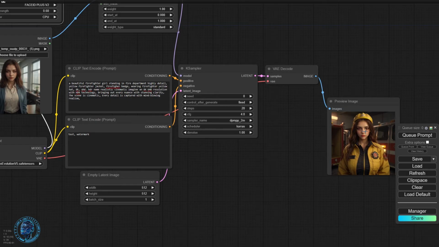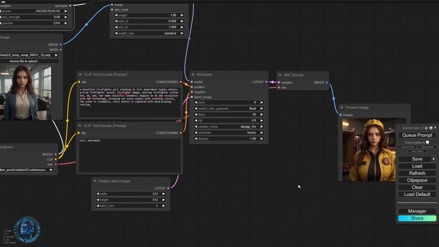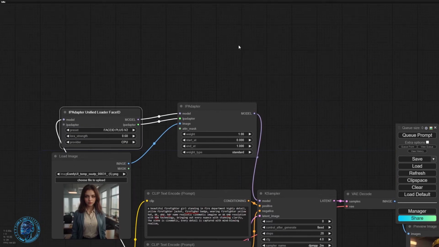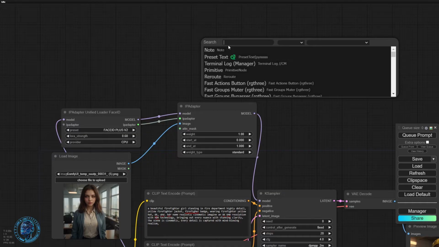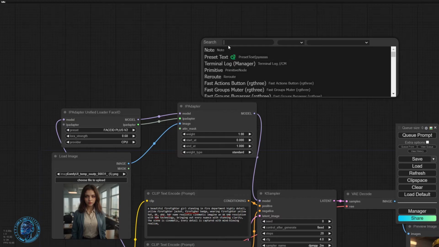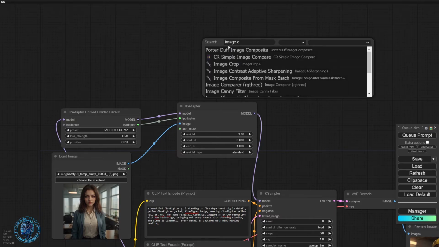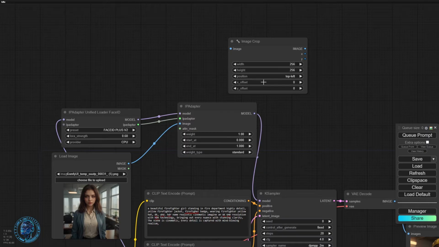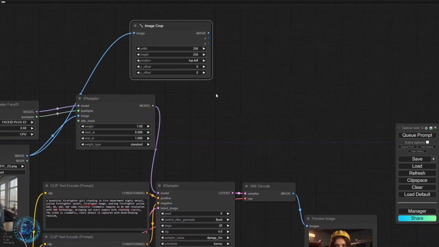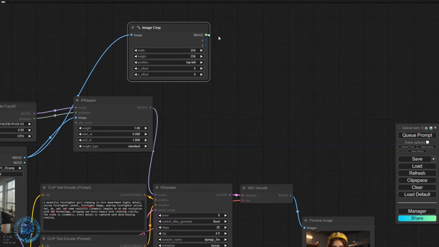And we can do a lot of other things to make it better. If you remember, I taught you face details. But here, I'm gonna show you one more technique to get an even better result. Go up here and double click and type image crop. I type crop image, and we're gonna get this one, and we're gonna take this image to image here, and image to preview here,